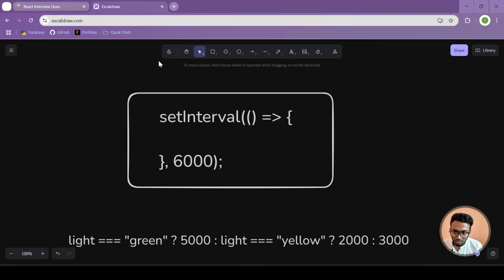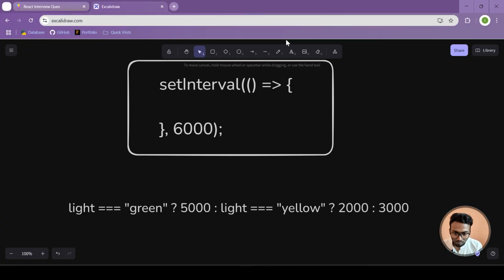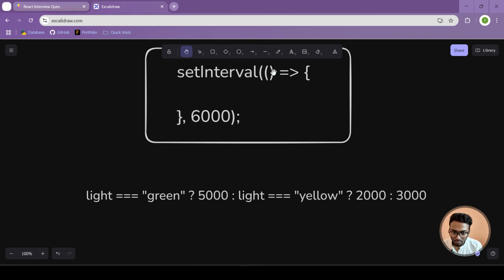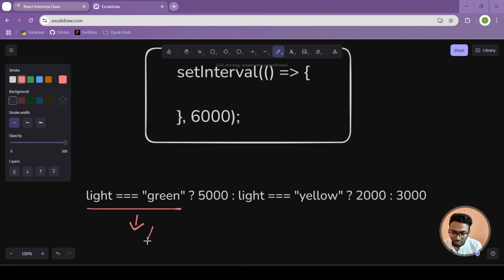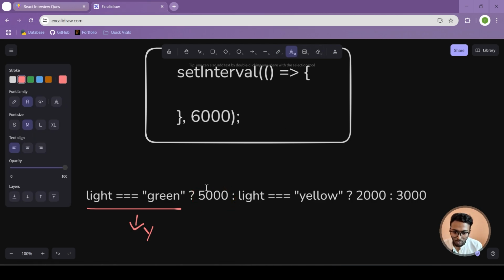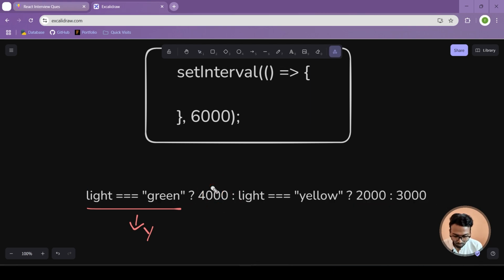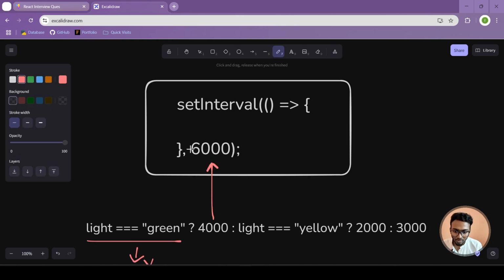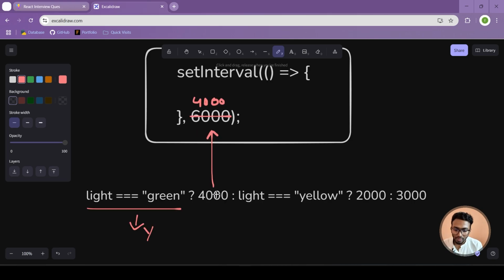So let me explain you a bit. As here we have this condition, let's say if your light is green, then this condition will be true, and for the true part we have this 4000, that is your 4 seconds. So this will go here as the second parameter of your setInterval. And let's say if this condition, that is your light, is not equal to green, then in the